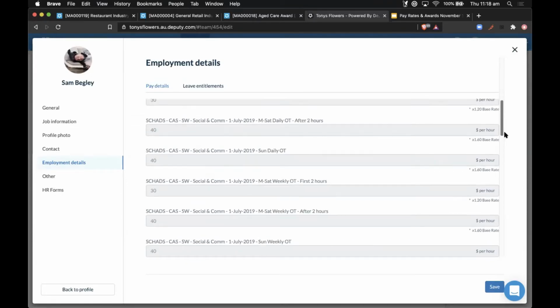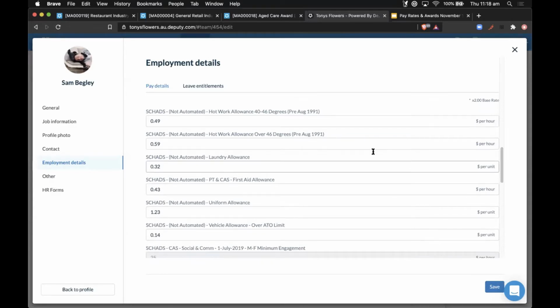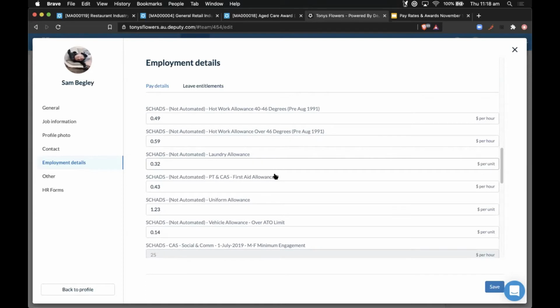So for example, if we scroll down here, an important one would be the overnight sleepover allowance. That's an allowance that's not automated. So once we put the values in that reflect how a business interprets it, when we get to the timesheet section, we'll be able to accurately pop in units rather than edit the values as well. It makes it a bit easier to make sure that you're all across this.